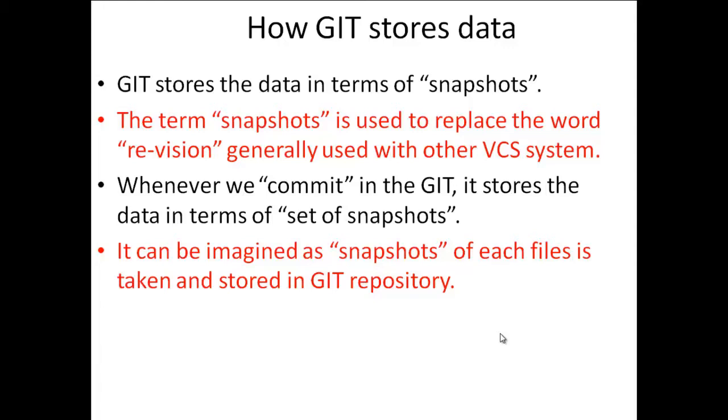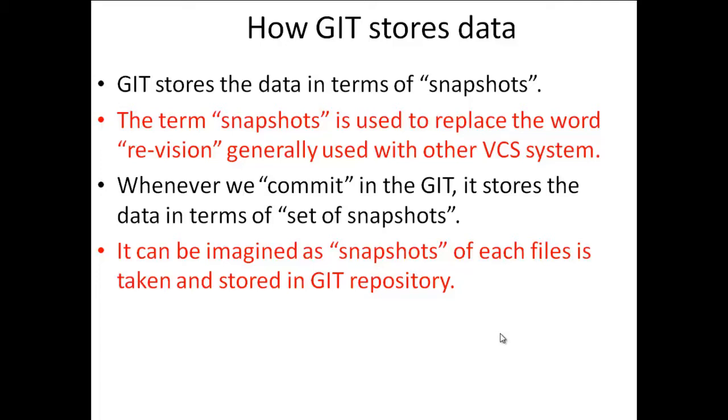So whenever we commit in Git, commit means we are actually committing the files to the local repository that is on our machine. If we send files to the centralized Git server, that is GitHub, that is not called a commit. That is actually pushing the data to the GitHub server, right? So committing means committing to the local repository that is created